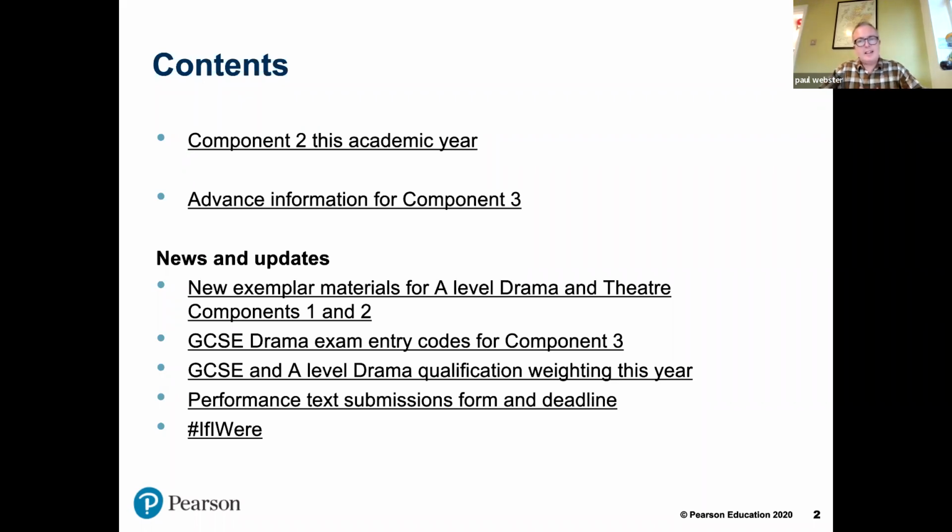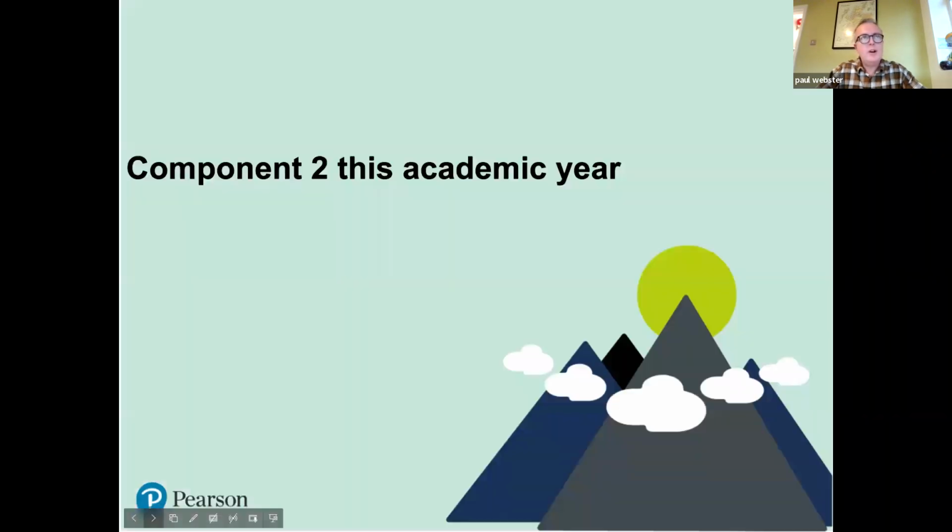As Ellie said, if you have any questions, please put them into the chat box. Some of you have already done that very successfully. Thank you very much. We'll have a look at each section, as you can see on the screen, and then open it up for questions at the end of each bit. So feel free to wait until I've gone through all the info first.